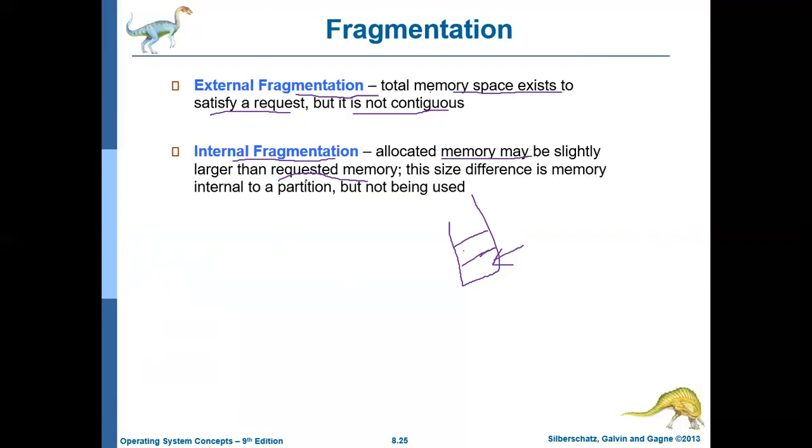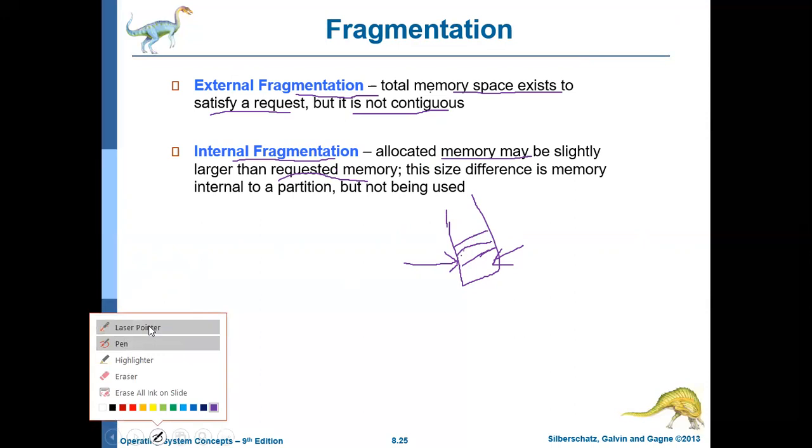Most of the time allocated memory will be slightly larger than the requested memory, because even if the process requests 1 MB memory, you have to allocate one slot. You cannot allocate anything less than one slot. If you allocate one slot, whatever the process occupies, the remaining will be wasted. If the process requests more, then you have to allocate more than one slot. In that case, in the last slot there will be some fragmentation. So basically, internal fragmentation is created by fixed size partitioning, and external fragmentation is created by